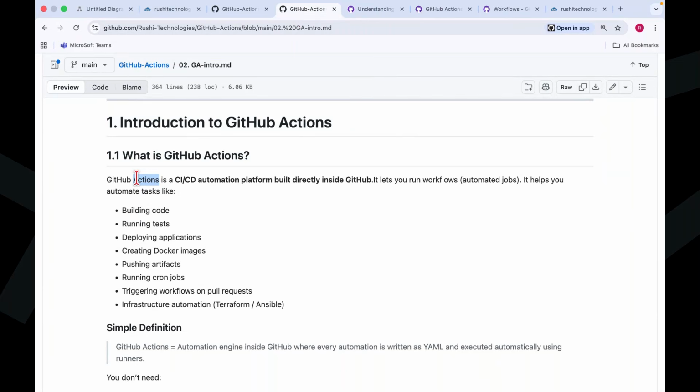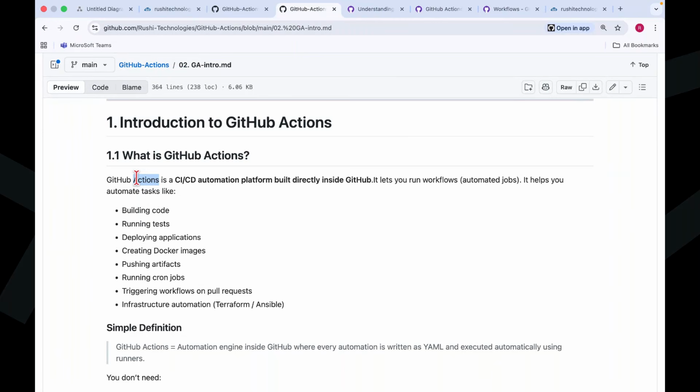And if required, you can deploy that into whatever environment, whether virtualized deployments, containerized deployments, or Kubernetes clusters. Wherever you want to deploy, you can deploy. You can automate continuous integration and continuous deployment of your applications. You can also automate infrastructure creation and infrastructure management. Suppose you have Terraform scripts and you want to provision the infrastructure, you can execute the Terraform scripts